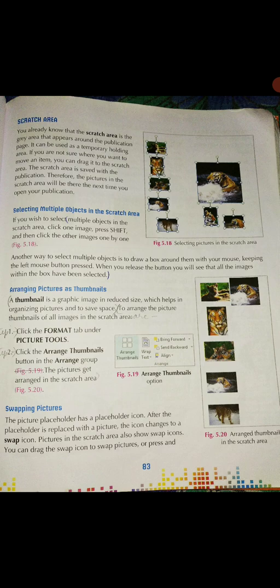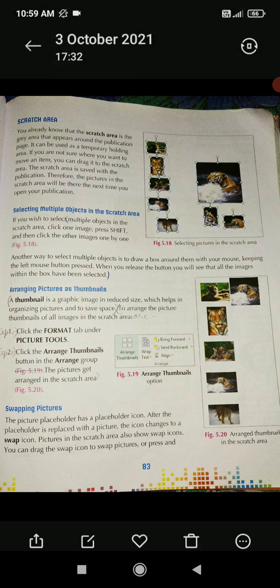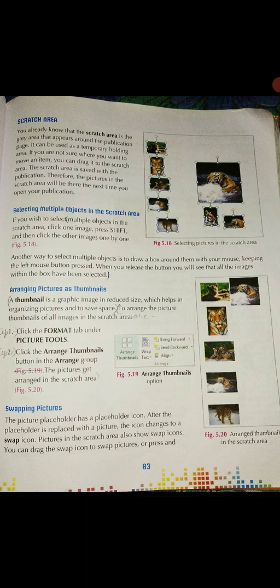Written? I am repeating the same question and answer again. You match it. How can you select multiple objects in the scratch area? Question mark. Answer. We can select multiple objects in the scratch area by clicking one image. Press Shift and then click the other images one by one. Full stop. Change the paragraph.